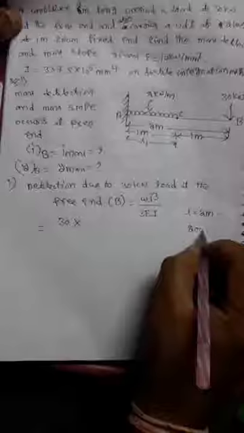Next, W equal to 30, and L is the span length. Here Young's modulus units are in mm and I is in mm terms as well. So you can change the length from meters to mm. L is 2 meters. From meters to mm, you multiply by 10 to the power of 3, so this is 2000 mm. So L is 2000 mm, whole cube, by 3.